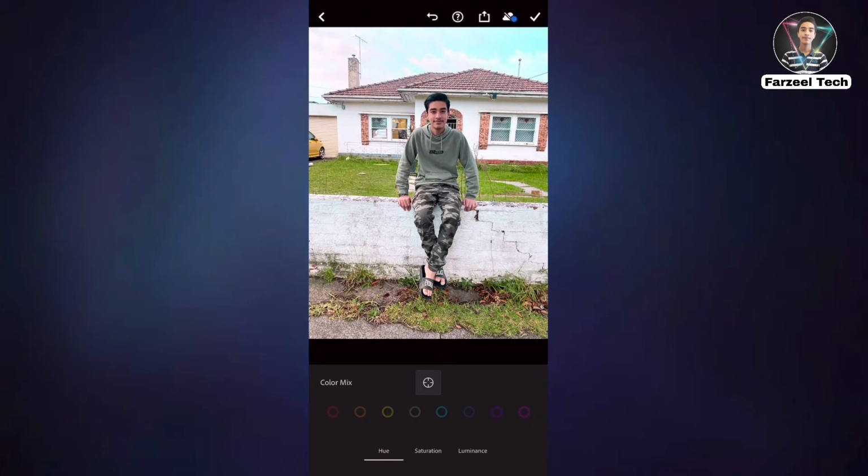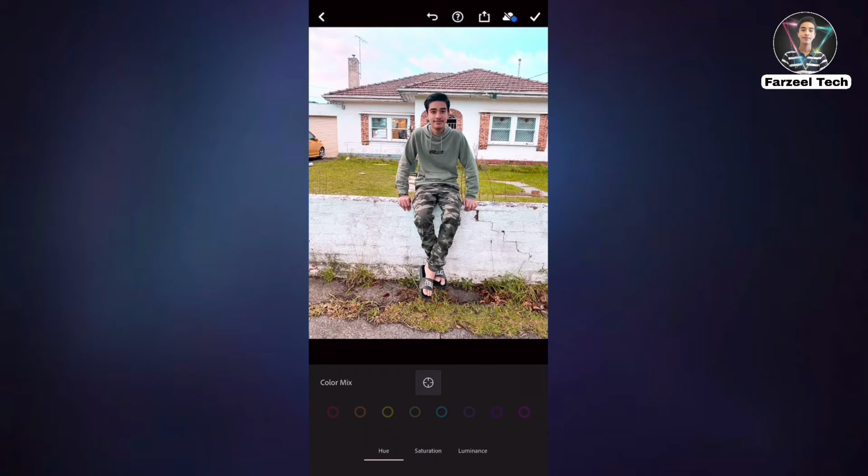If you look at the photo, you can see the grass is kind of popping out. What should stand out is myself, the subject, because I'm the subject. So I will decrease the hue of the grass a little bit, so it's kind of orange. It's not popping out, it's not standing out. I'll decrease it, not too much, to around negative 55.